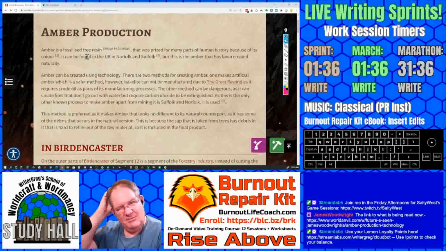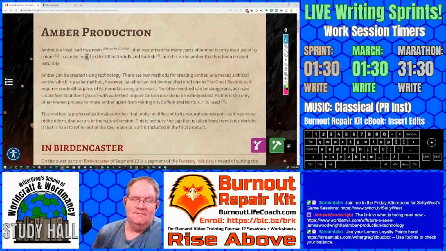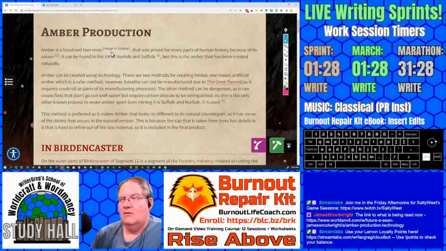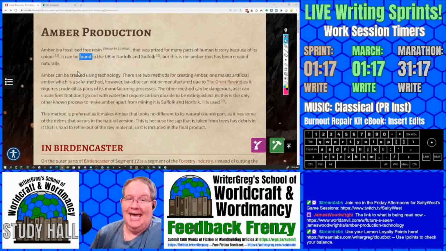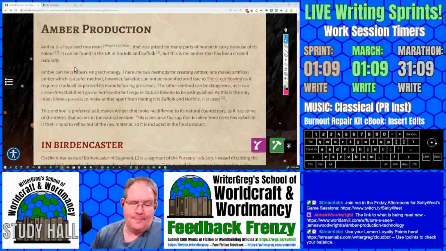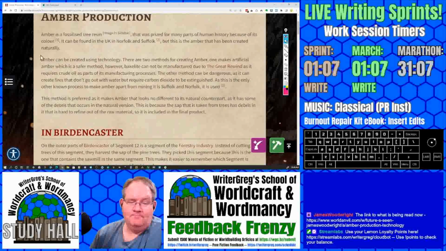Now, does it have to be mined? I don't know. Is this a mineral that has to be dug for? I'm not sure. Found may be the right word. Mined tells us a little bit more about the process. So I'm not sure which word would be better, especially because I could be wrong about amber needing to be mined. But when we talk about petrification, I usually think of mining. Okay, now